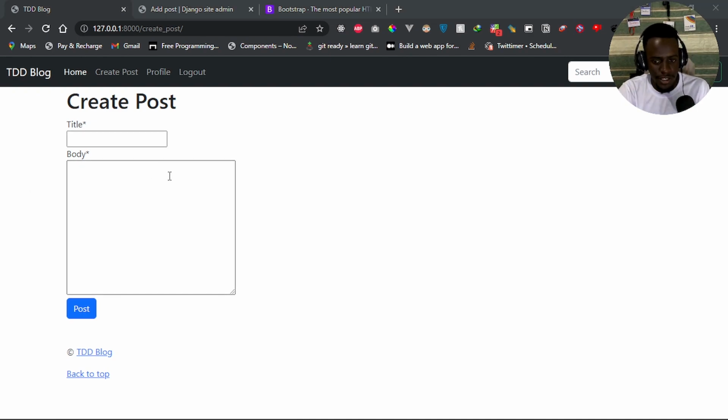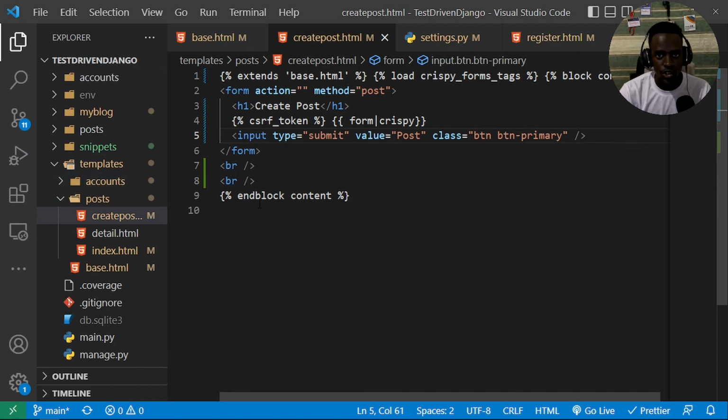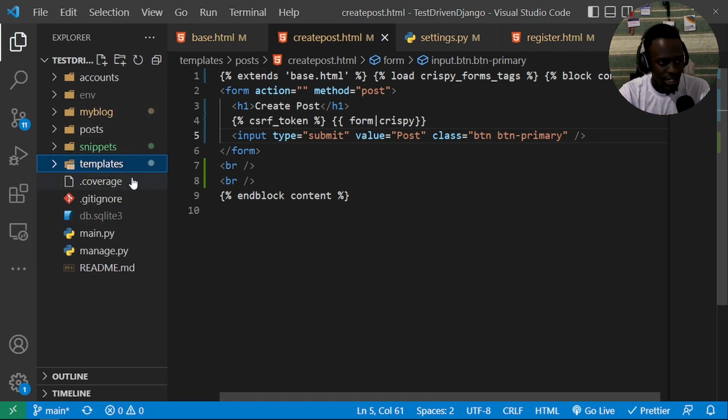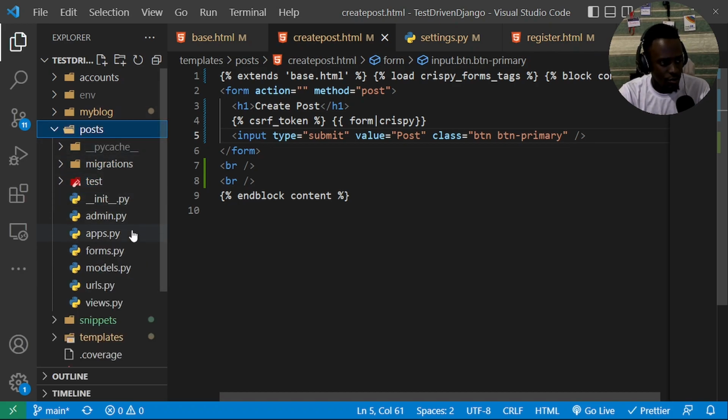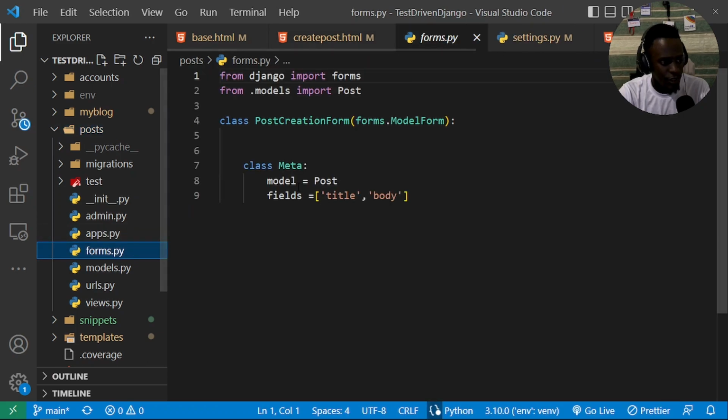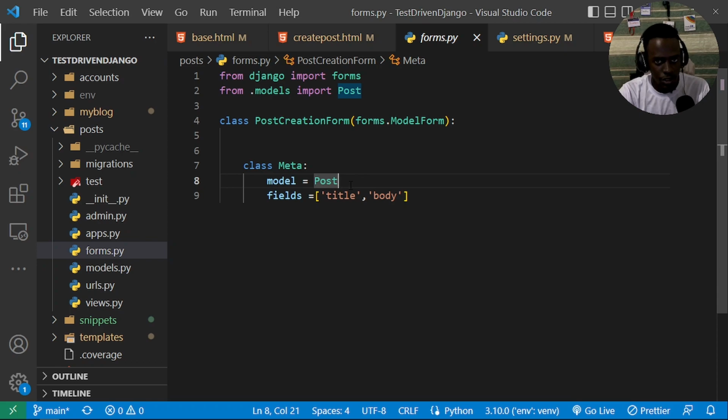So to do that, since this is a model form, all we have to do is to go where we define this model form within our Python. Now to do that, I'll just go ahead and locate our forms.py within our posts, which is this one. Now in here we actually describe the model, which is post. Since this is a model form, it's going to pick its fields from the model, which is our post model, and the fields that we're going to actually make use of are the ones for our,